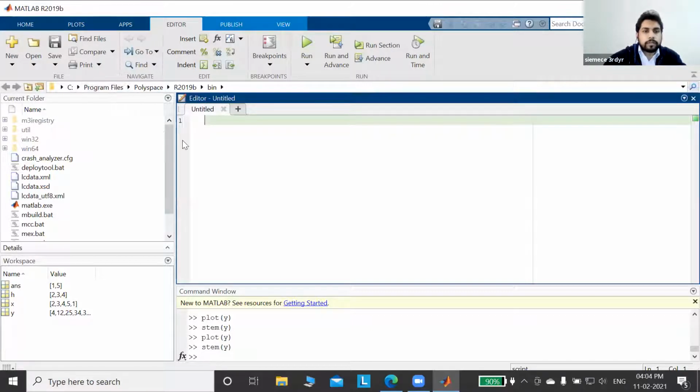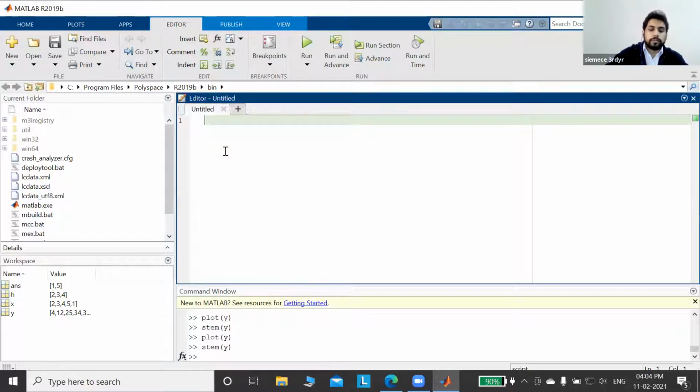Just a minute, I'll show you how to write it. Suppose there are two sequences, one is x and one is h. Now, how to take the value from the user? Suppose there are two options. If you write the program so that the two inputs, the input sequence and the impulse response, are fixed, or you can take the input from the user.